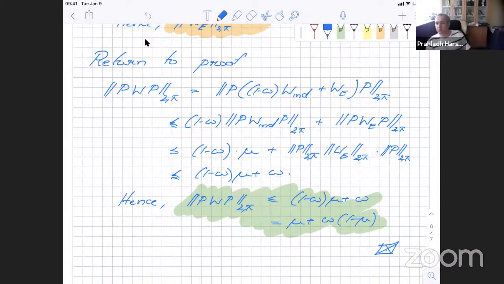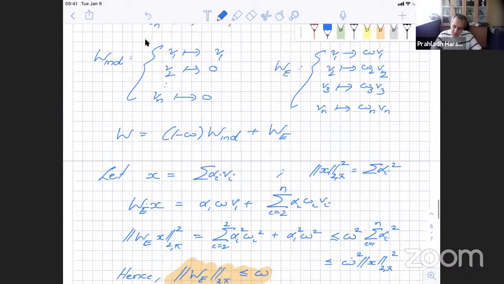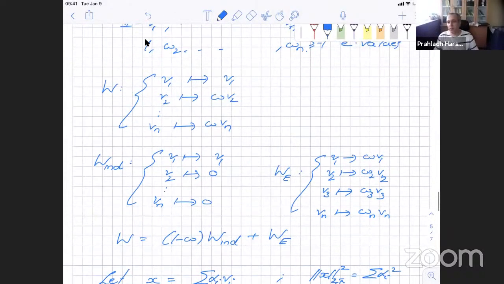Are people with me? So this is a nice proof, and there's one nice technique going on here. What we have done in this proof is this matrix decomposition. And this is a useful technique to keep in mind. This is what's called the matrix decomposition. It's sometimes quite useful to